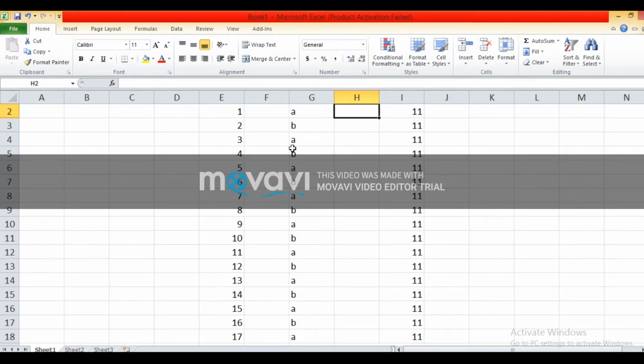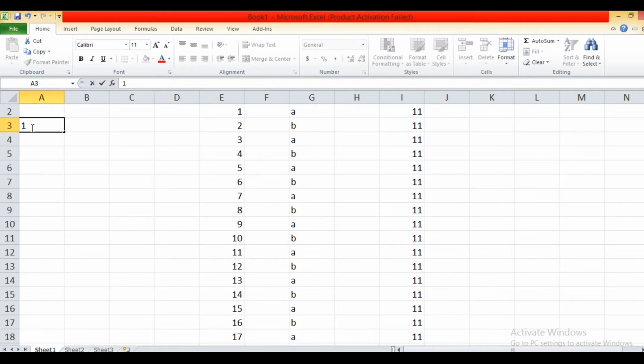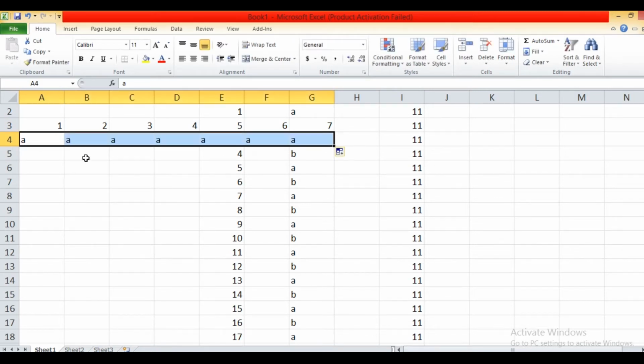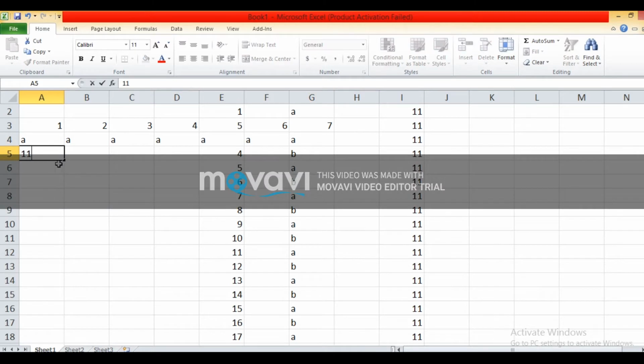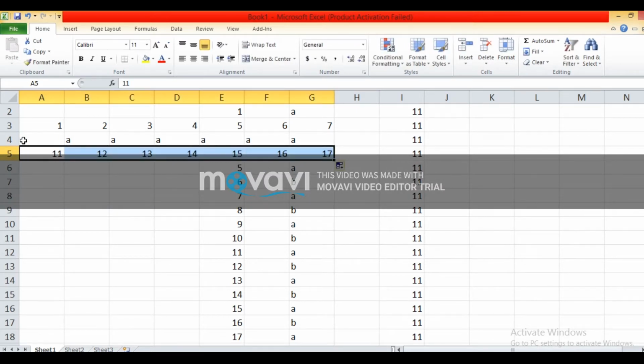In the same way, if you want to insert a row, then how to insert? I will show you here also. I want to insert a row between the existing rows. Then how to insert a row?